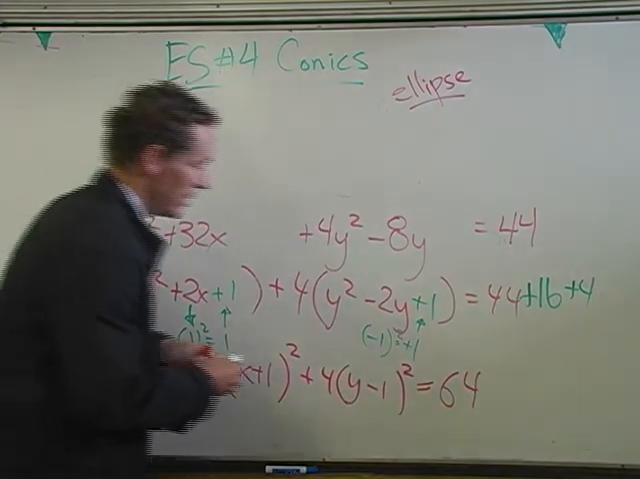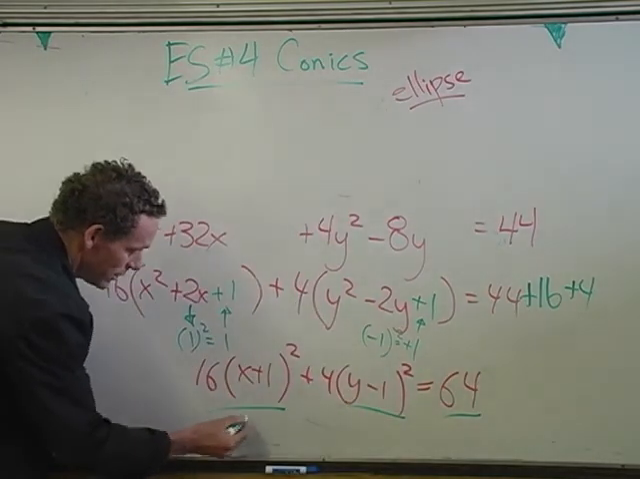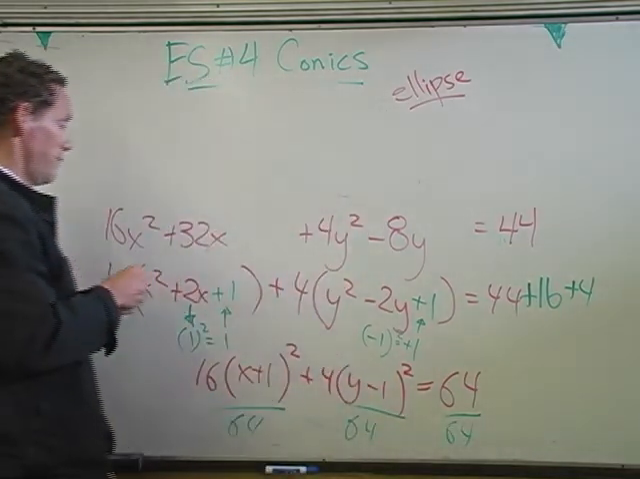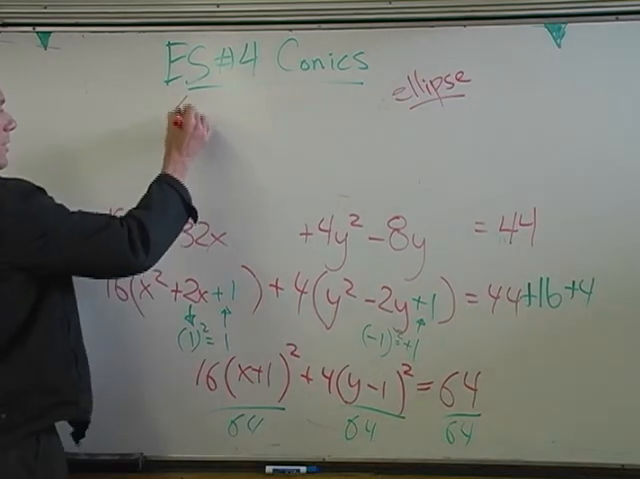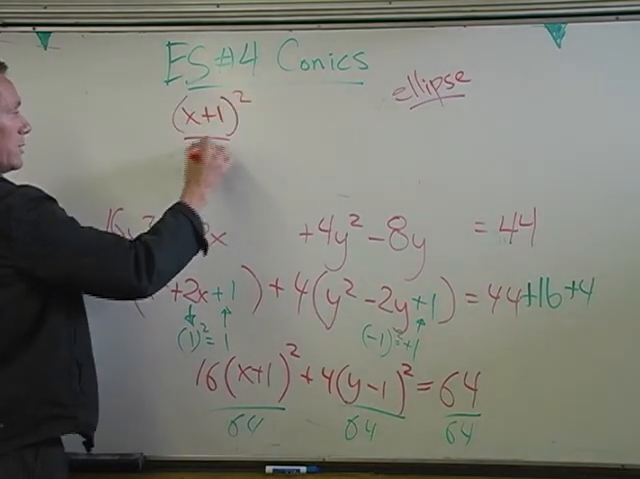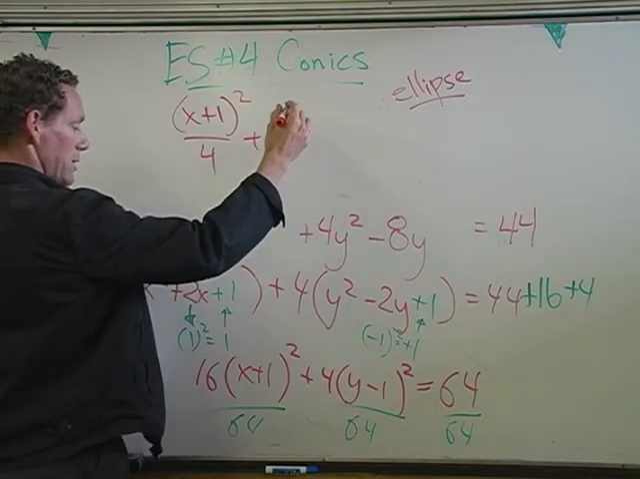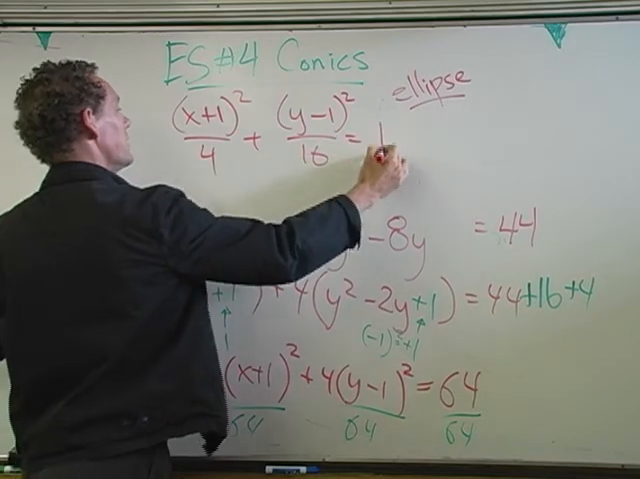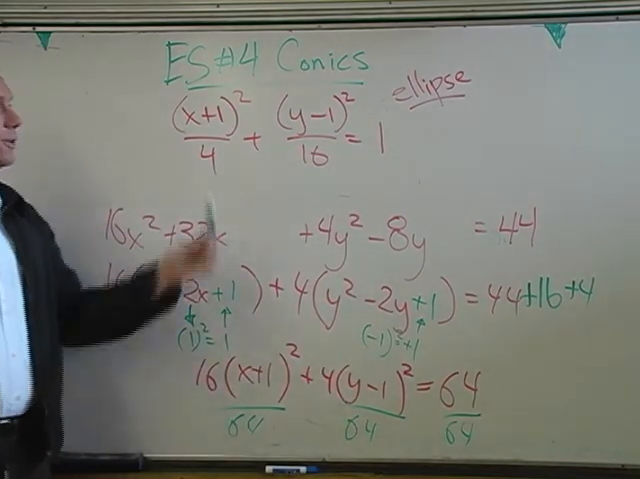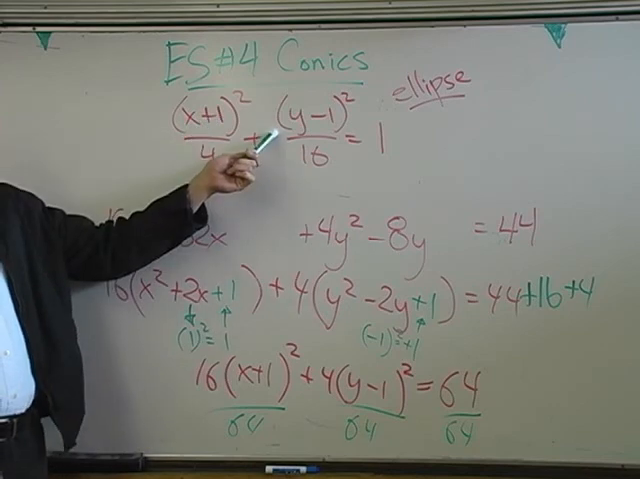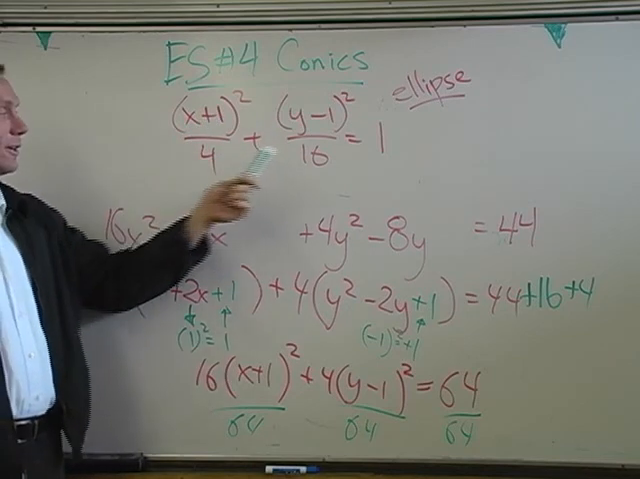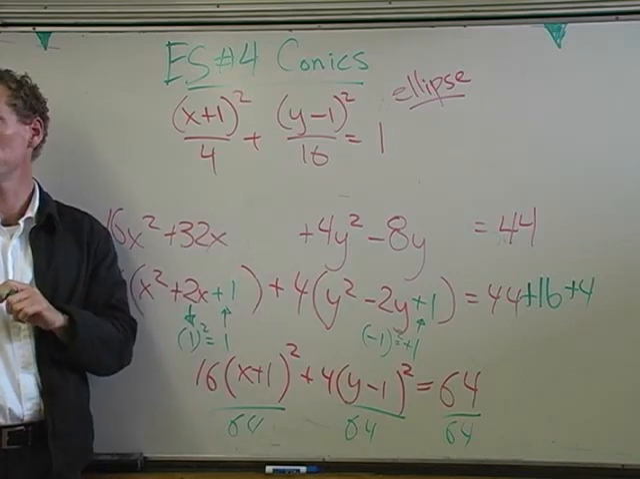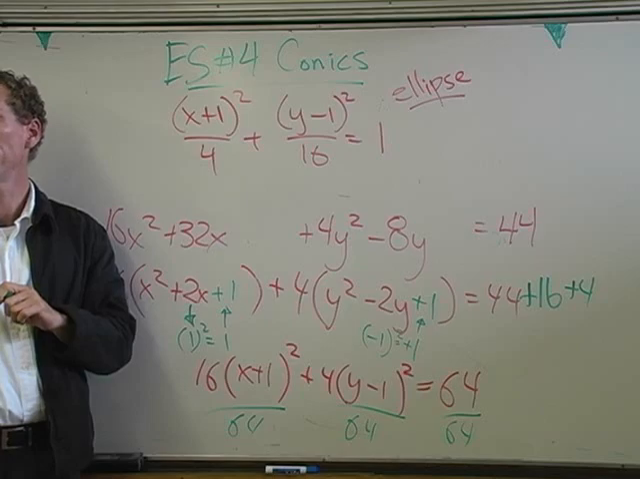So after dividing by 64, each of these terms gets divided: 64, 64, 64. So this becomes, great, x plus 1 squared over 4 plus y minus 1 quantity squared over 16 equals 1. Cool. So this is looking like an ellipse. Both of these are positive terms. These are different. Okay. Questions? Can you write down what makes